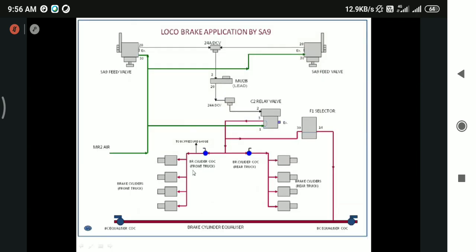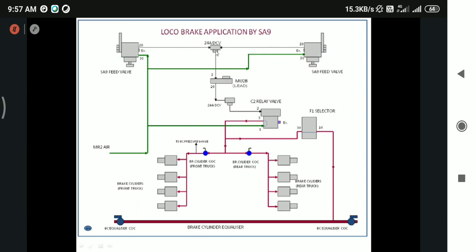Okay. So now we are going to see this SNN system. Yesterday we have seen it, now it will be very clear. So we studied all the individual valves. Two SNN valves are available. The working SNN valve will be in apply position, and the non-working SNN control stand valve will always be in release position. So MR pressure is reaching this SNN valve by means of this regulating wheel. We have adjusted it to supply a maximum of 3 or 3.5 kg per centimeter squared. That is the brake cylinder pilot pressure.